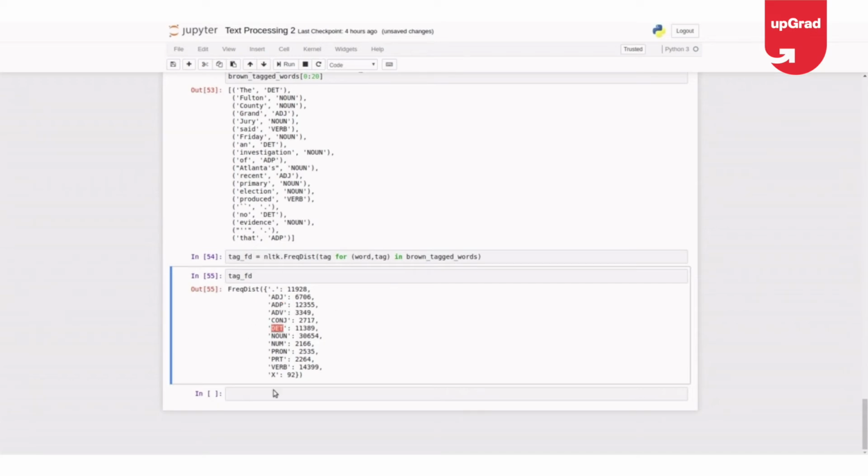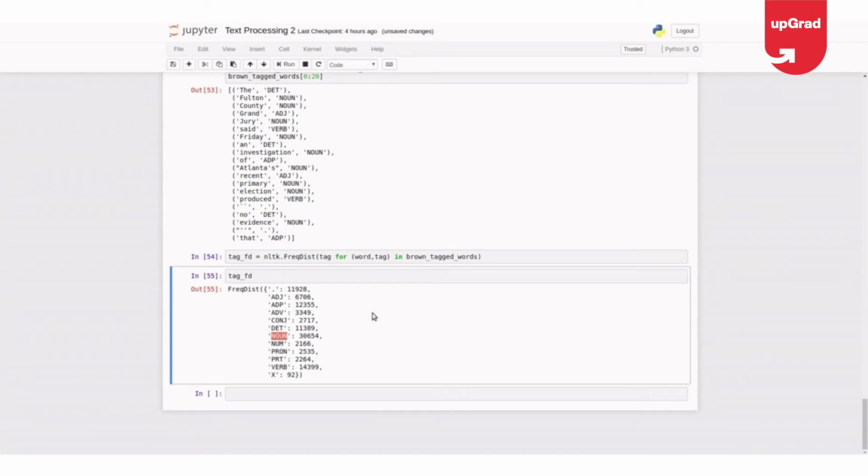Okay, so that is a summary. So, what are the most used POS in the news category? News articles, they are nouns.